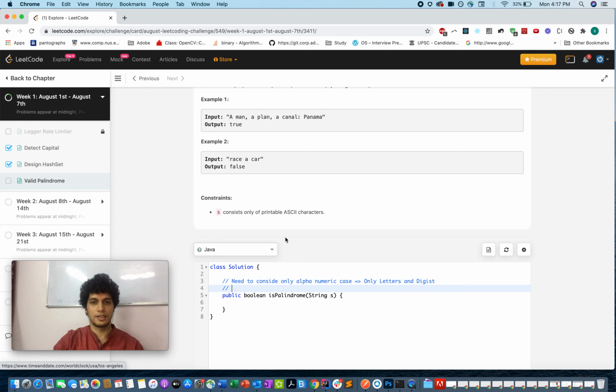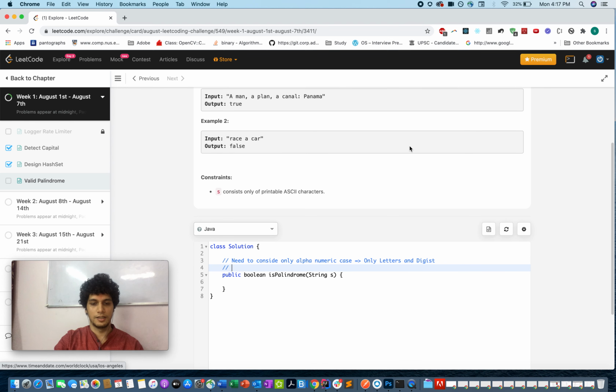The other constraint is to ignore cases, so it is going to be a case insensitive check.